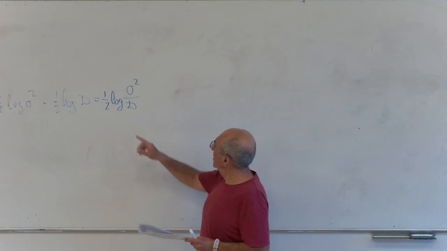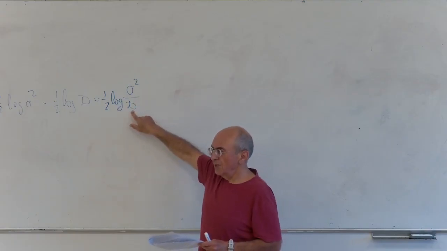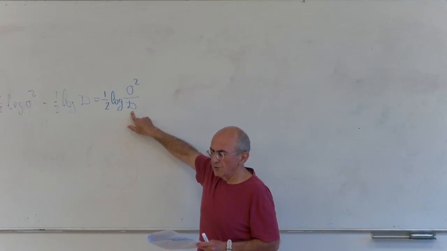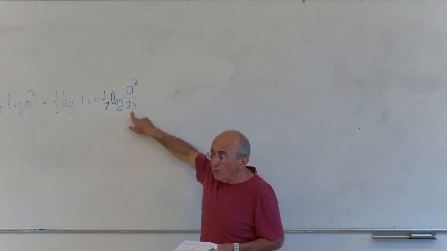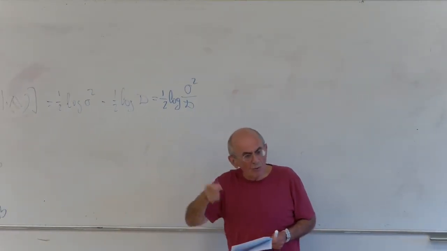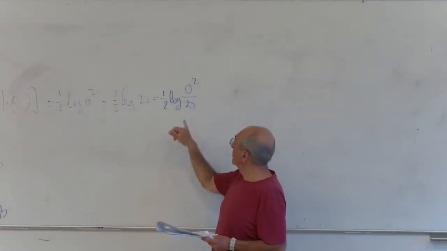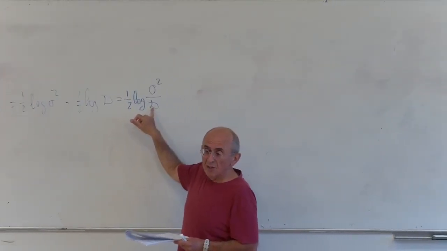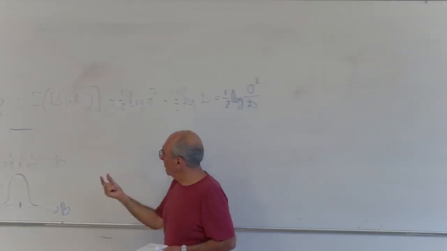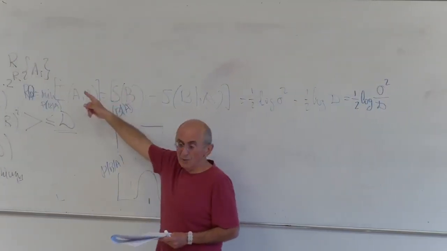Well, first of all, when D goes to 0, what happens to the rate? It goes to infinity. You want it to be with less and less distortion, you need to record more and more bits. And it tells you how it goes to infinity. It goes logarithmically. Okay? So as long as your window shrinks, you need to record more and more bits.